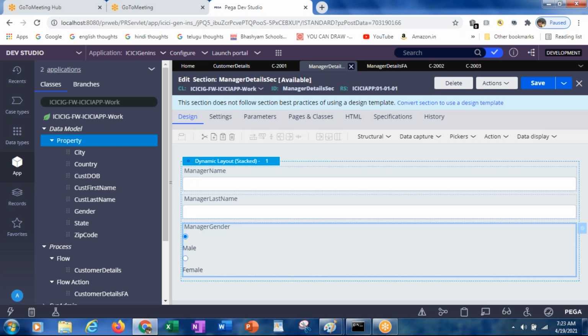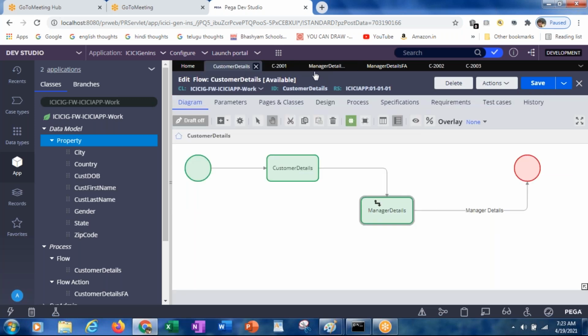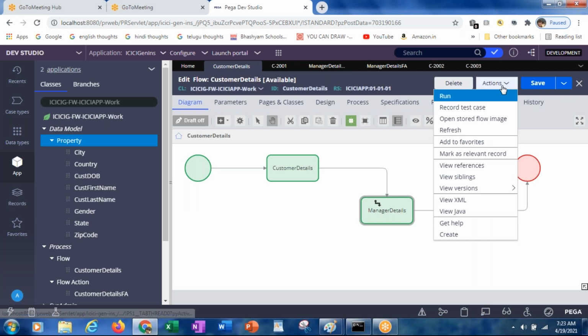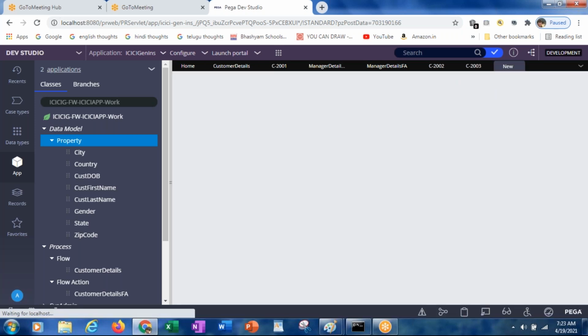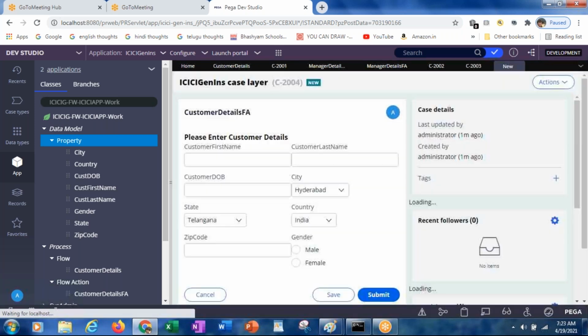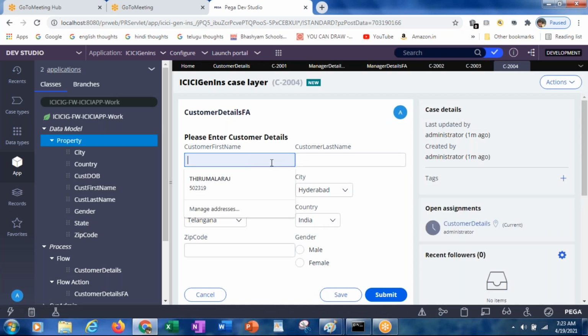Okay, now what will we do? Let's go to the flow, then actions, run.